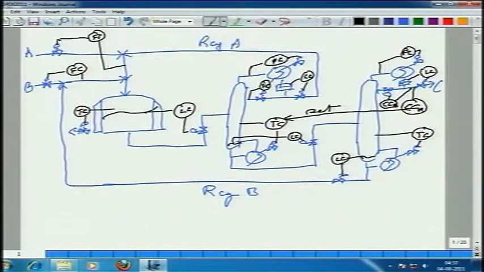But if too much A is leaking down the bottoms from the first column, from the recycle column, your purity is going to be off spec. Do you see what I am saying? So, it is not enough to say I want 99.9% pure product. That 0.1% impurity, what is it? How much B, how much A? Okay. The B is being set by the reflux in the second column, the A is being set by the first column.